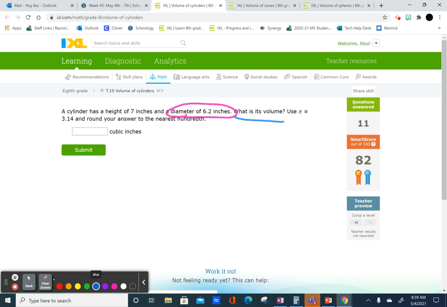So let's just actually start off with our formula. Volume equals pi r squared times height. So we're trying to look for the formula. We're trying to find that. Pi is 3.14. Radius squared. Well, I got the height is 7 there, but I don't have a radius in our